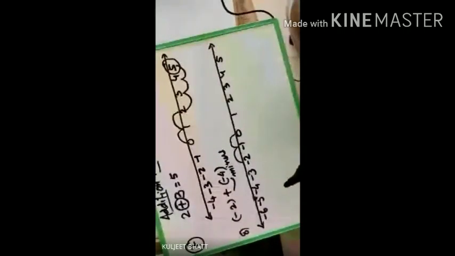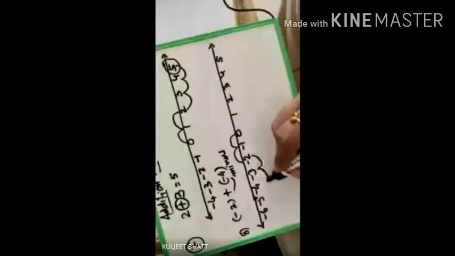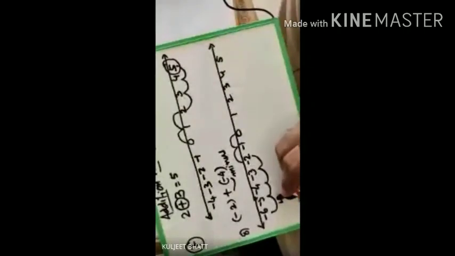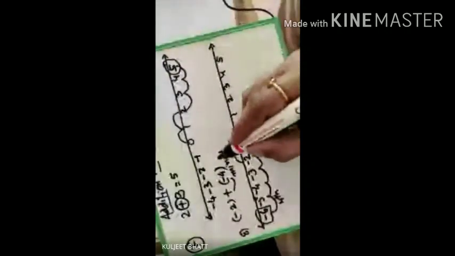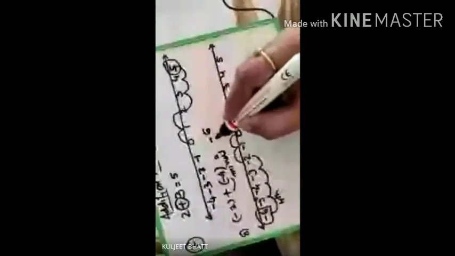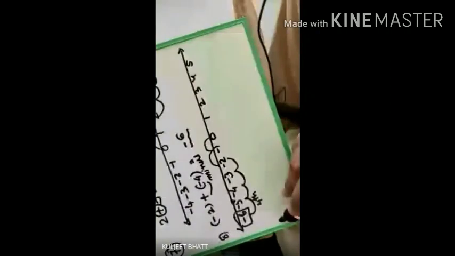So now you are on -2 and it is -4. So now again 4 steps you have to jump towards your left. Starting from -2, first jump, second jump, third jump, and the fourth jump. Fourth jump, you reach -6. So -2 plus -4 will give you your answer as -6. -6 is your answer. Okay, so that was for sum number 8. We'll solve sum number 9.